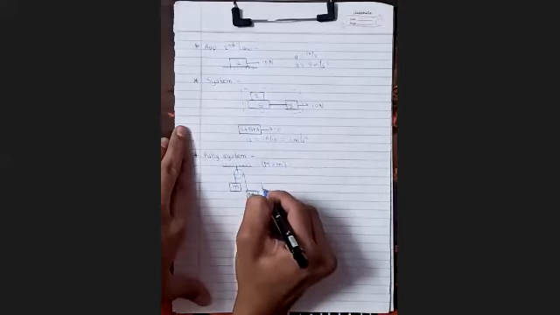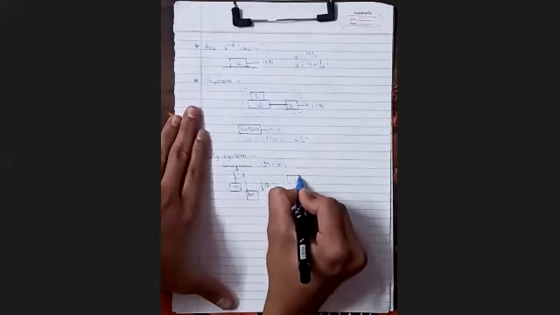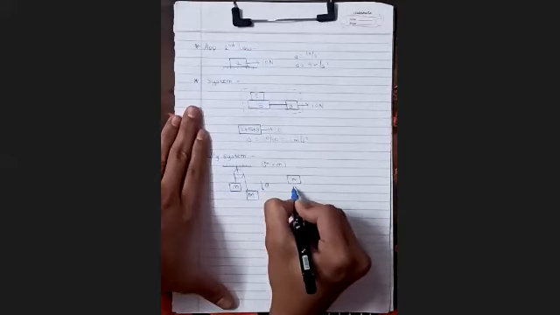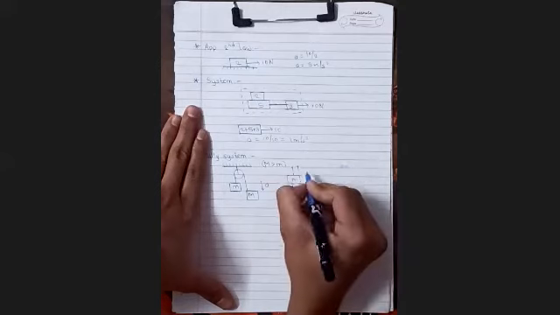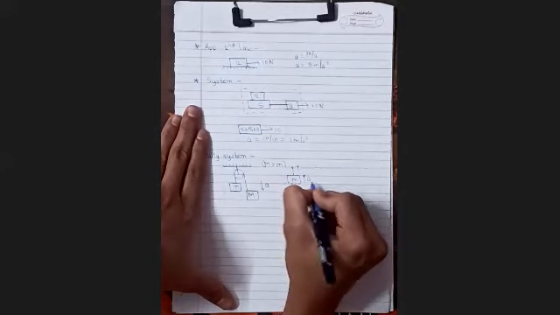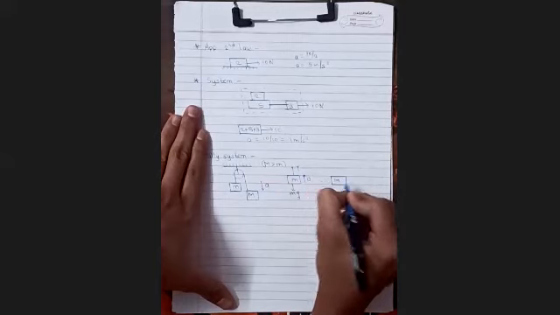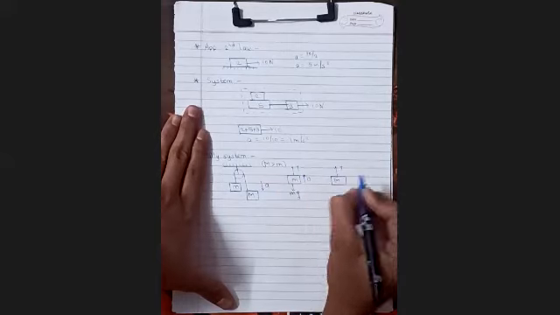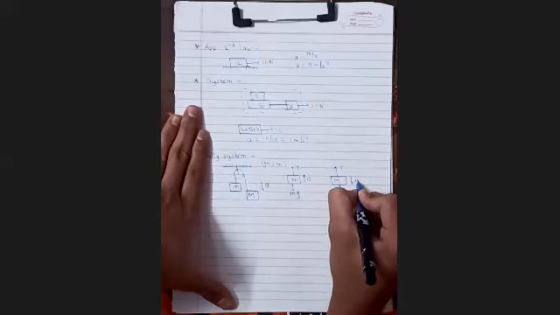Acceleration is in the downward direction. So we have to find the acceleration by drawing the free body diagram of each block. For the first block, tension is in the upward direction and acceleration is in the upward direction. And for the second block of mass M, tension is upwards, mg force is downwards, and acceleration is downwards.